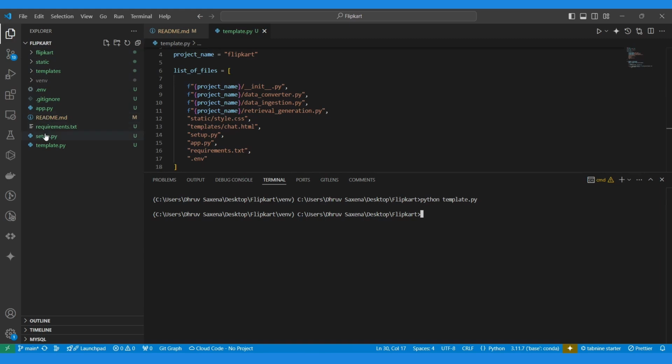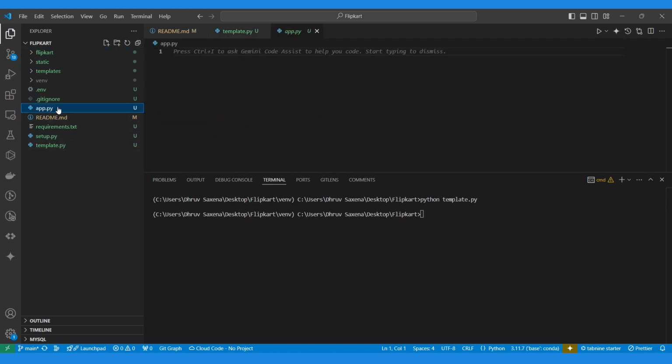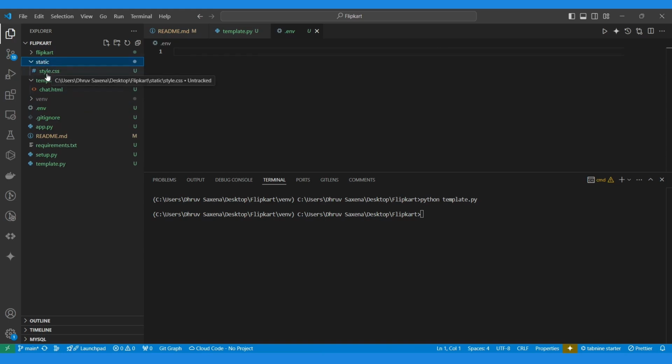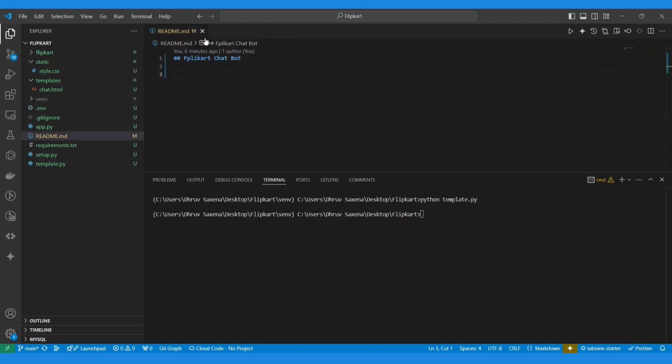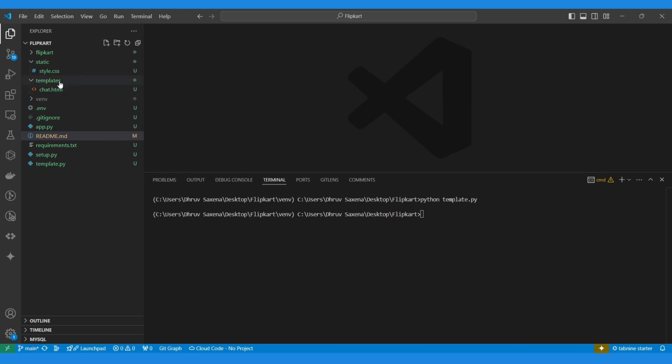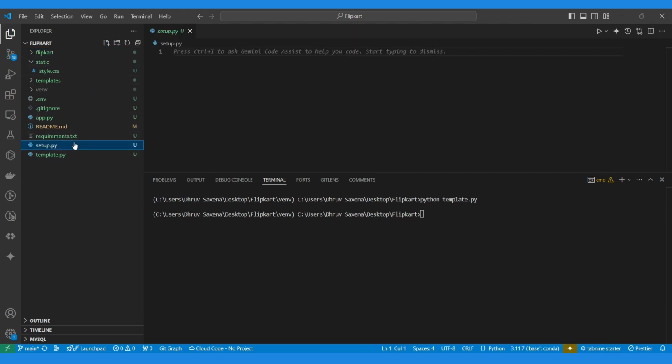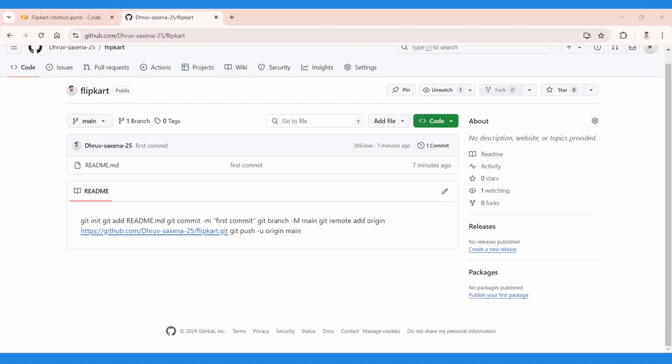See env folder, setup.py already present, app.py, templates, inside templates chat.html, and inside it style.css. So everything has been created. So now one important thing is that this Flipkart is my main source folder. Inside this, you are seeing that there is one file by the name of __init__.py. So what is this file, and why I have mentioned this file? And I have also mentioned this setup.py, and apart from this I have also mentioned